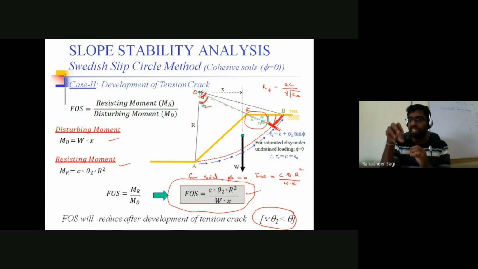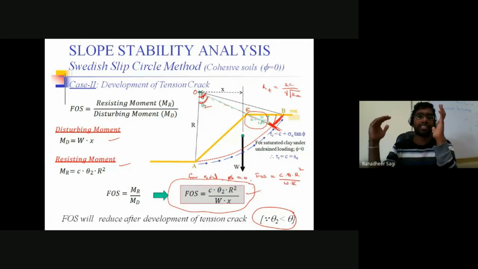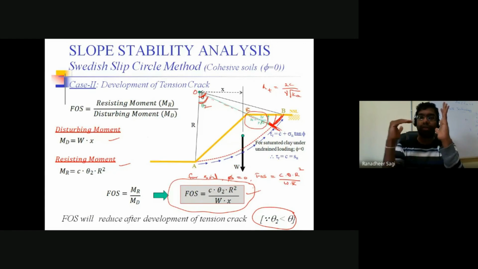So the water which is getting accumulated into that crack region will exert some pressure on the adjacent soil. So, pressure exerted by the water which got collected in your crack till that depth. So let's say if that is some pressure acting on the adjacent soil, so that resultant water force would generate an additional moment about your point O, which would cause the sliding in the soil.